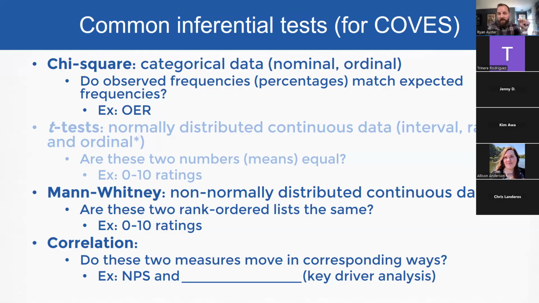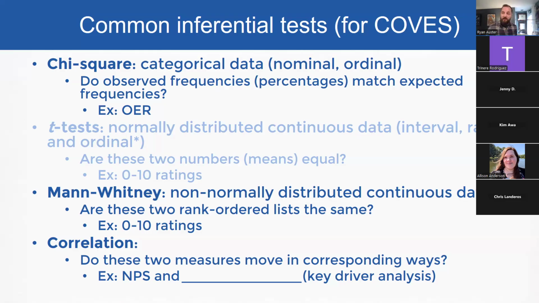You will see here on this slide as well that the t-test one is not as bold as the others because we very rarely have normally distributed continuous data in our COVES samples. That means that if you're applying a t-test to evaluate two means, you might not be doing the data justice. It might be an error, whether intentional or not, on your part of just trying to decipher if these two numbers matter. The COVES dashboard is a good example, not of a t-test, but of possibly an ill-placed average.